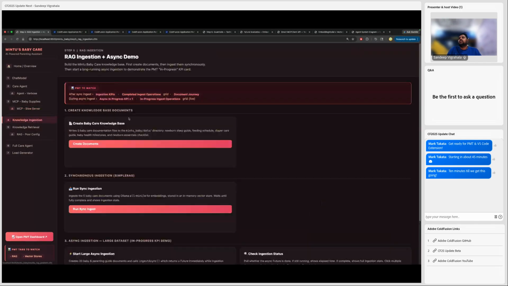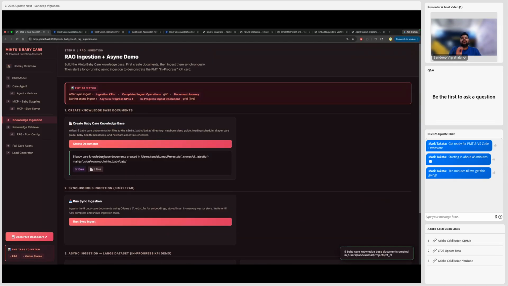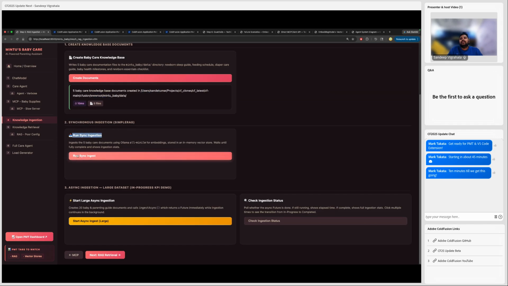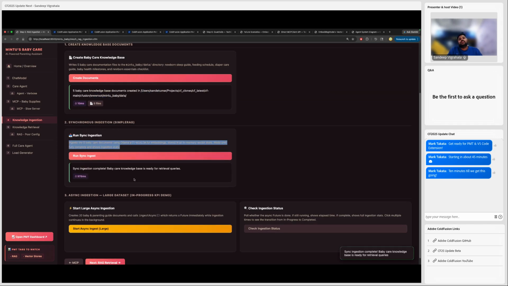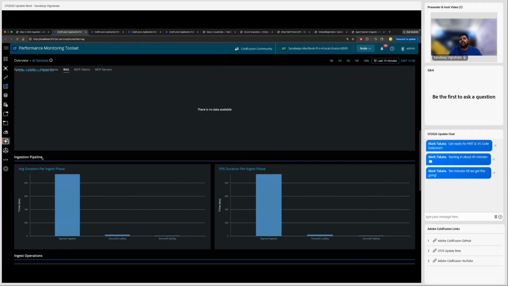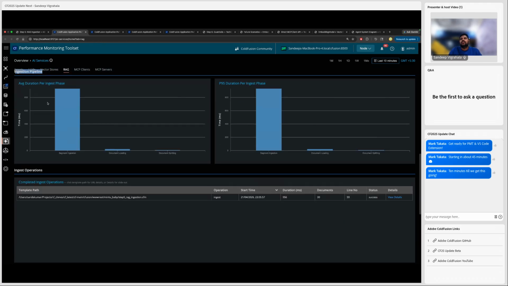So if we go back to our knowledge ingestion, here I have created one operation to create 5 documents about baby care knowledge, right? These are again simulated documents for the sake of the demo. And I will now ingest those documents. So this operation will ingest that baby care knowledge base, and I will go back to my RAG tab. So here you have a couple of KPI cards, where it is showing one total ingestion, right? This particular ingestion, if you scroll back to the ingestion pipeline section of this dashboard, you can see